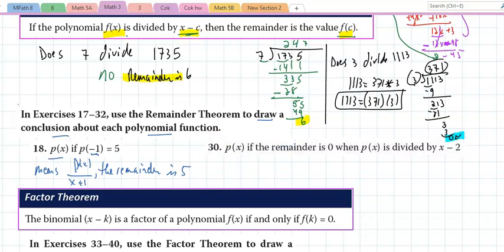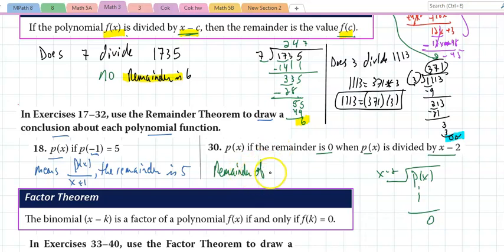And if I get to number 30, p of x, if the remainder is 0, p of x is divided by x minus 3. Well, if I take p of x and I divide it by x minus 2, I'm sorry, not 3, right? And I get a remainder of 0. If I take p of x and divide it by x minus 2 and I do my work and I get a remainder of 0, that means x minus 2 is a factor